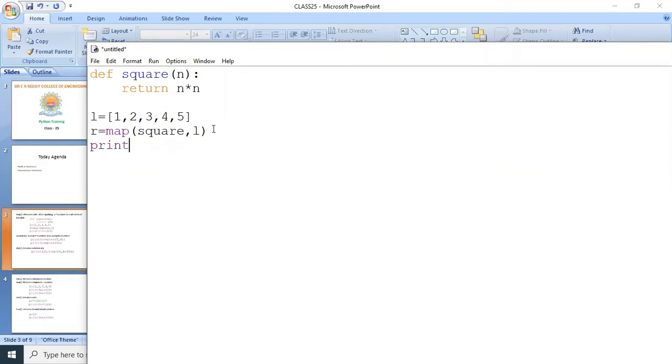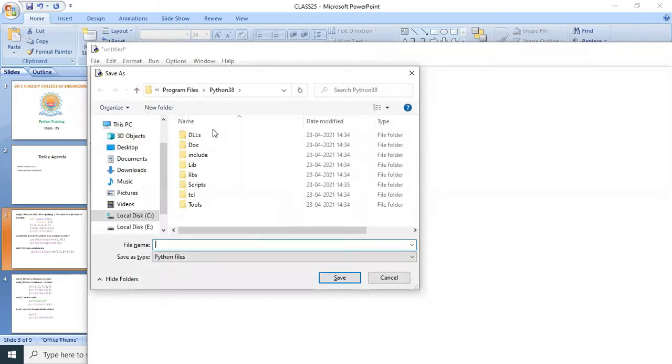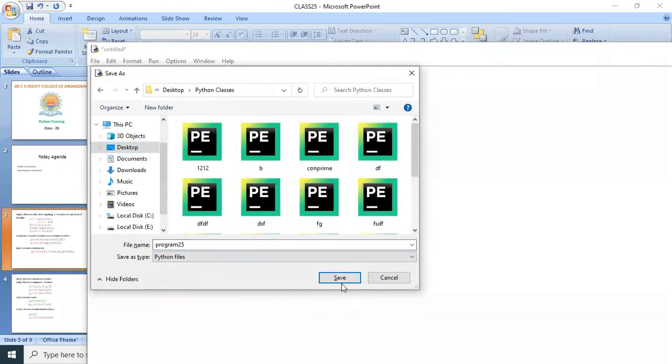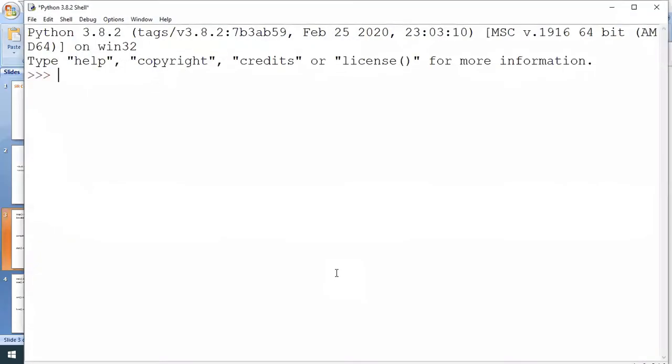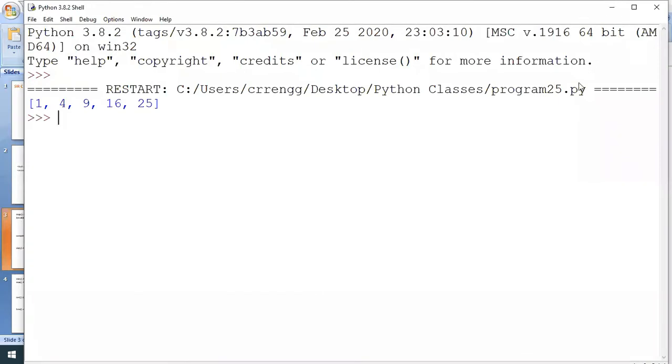So after that I am going to print the list of R. We observe the output.